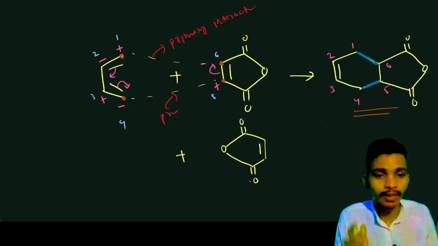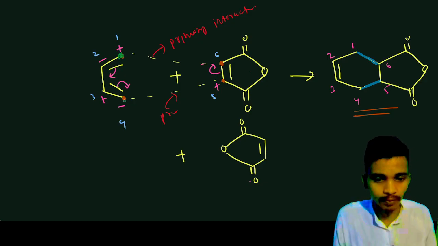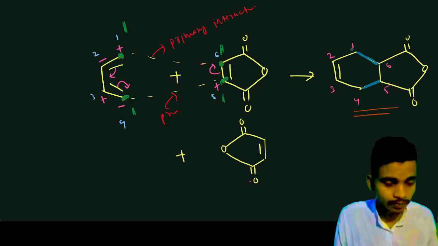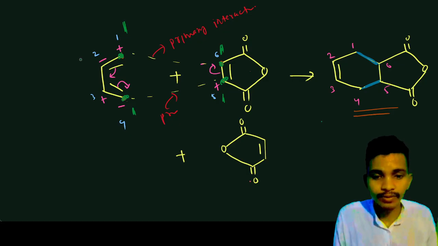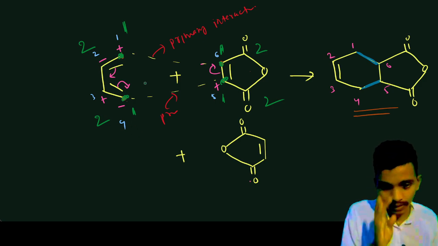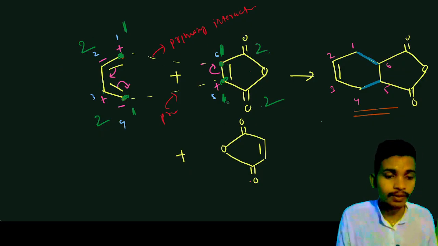So what we see is that while naming the product in a molecule, these position carbon atoms are always taken as 1 and 1. This also we will take as 1 and 1, because here the new bond is going to form. Okay, and these are the secondary interactions. So you will take this as 2, this is 2, this is 2, and this is 2. Likewise, where the bond is forming is taken as 1 1. This is also 1, this is 1, and the secondary interactions that we discussed in the previous class are taken as 2 2. Okay, so now what we say is,